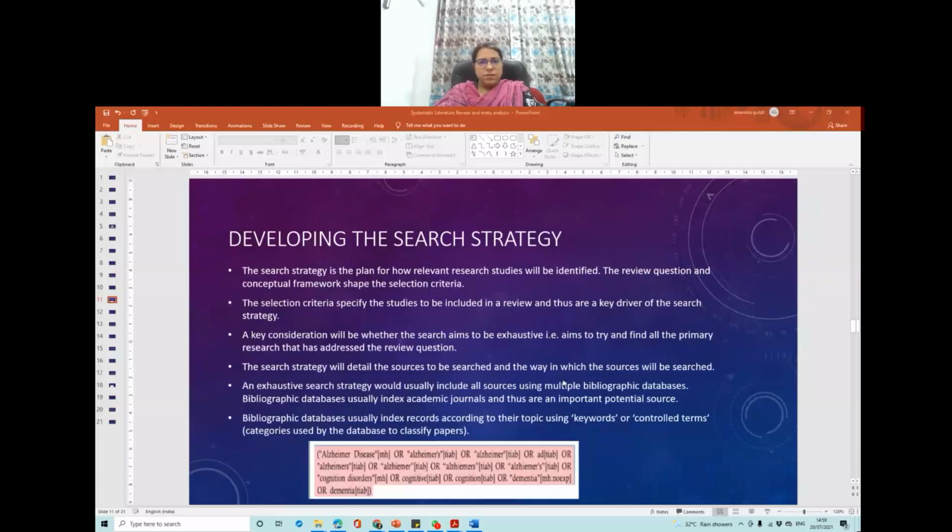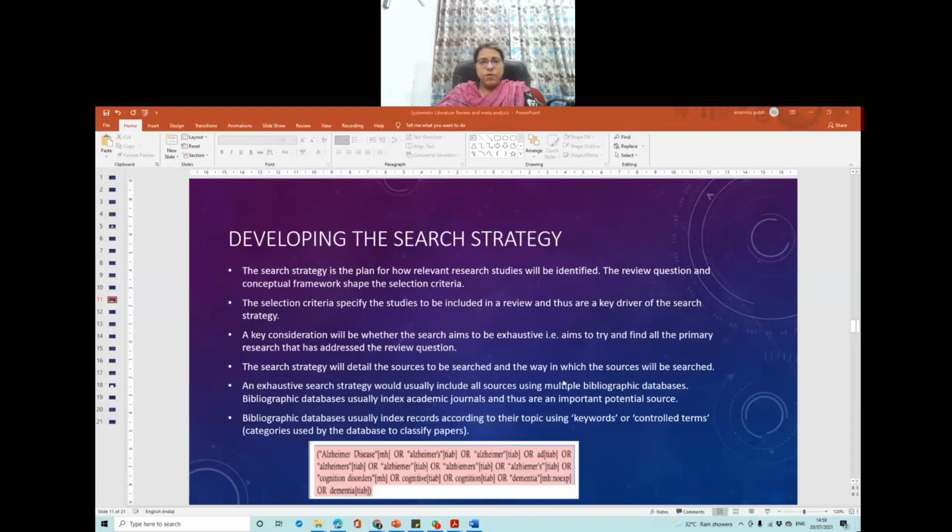So now we'll come up to the next topic, where we will discuss developing the search strategy. As we saw in the protocol, there are some databases which we specify in the protocol that we are going to study. And our research question will guide us to create a search strategy. A search strategy is a string of search terms which we use to search the studies which are of relevance to our study question.